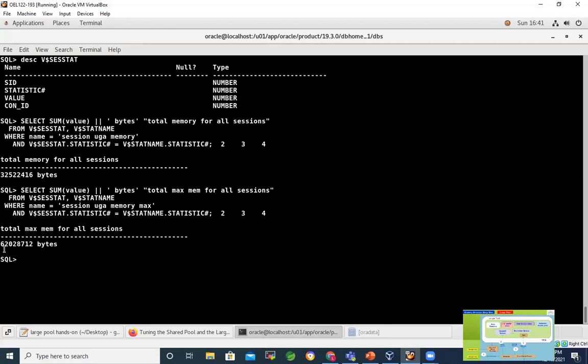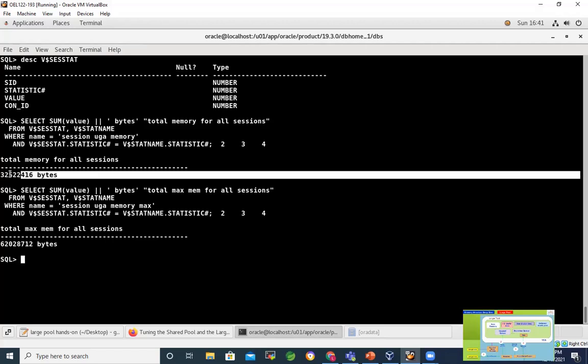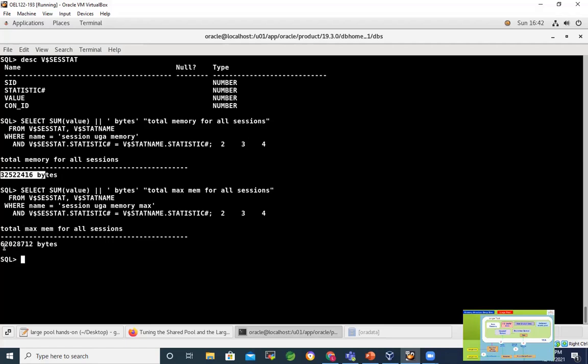So that's count to 62 MB. So you can get an idea how much of this you need for this environment in your production also. If it is a shared server, you can run this query and get an idea. This is the average, not the average, this may be currently, this is the highest. So you can think about a middle value, setting around 50 MB, 55 MB likewise. So you can get an idea about how much of large pool I should set.